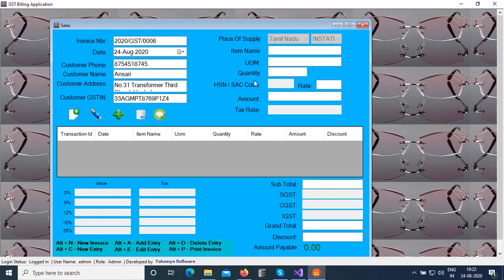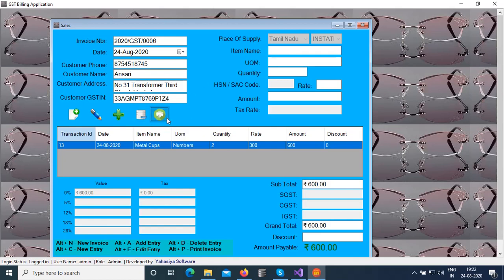Item name, metal cups. After the quantity, it immediately jumps to addition. So we sold one item and we want to print this one.